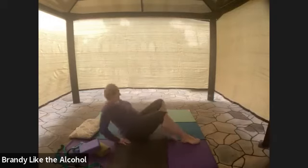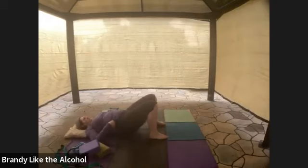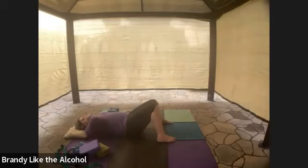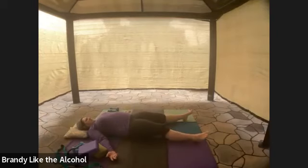So to modify your Shavasana, if you like, you can do what is called Ardha Shavasana, half Shavasana, or constructive rest pose, in which you do your Shavasana with your knees bent, toes turned in, knees leaning together. Or you could go the traditional route, stretch your legs out, and pancake yourself to the floor. If your lower back is still talking to you a little bit,